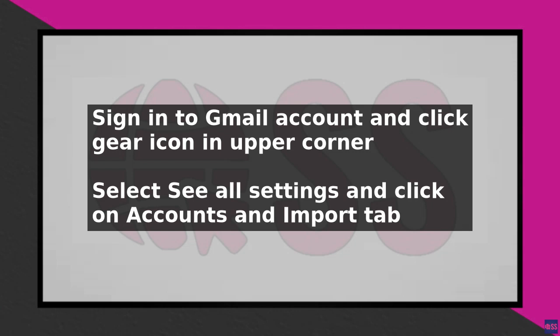Then click on Add a Mail Account. Enter your GoDaddy email address and click Next. Then select Import Emails from My Other Account, POP3. You will need to enter your GoDaddy email password and the POP server settings, which can be found in your